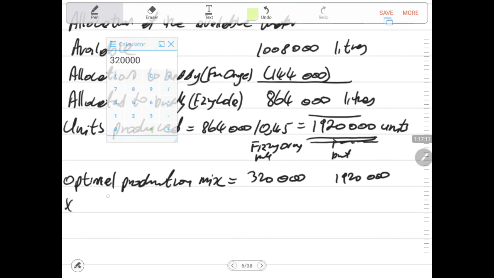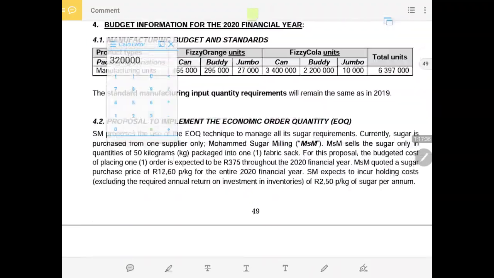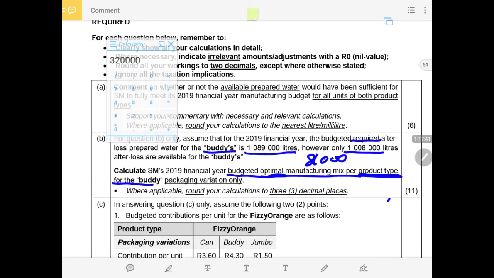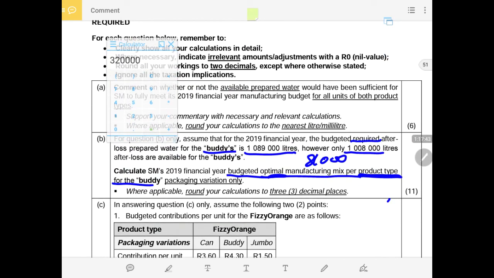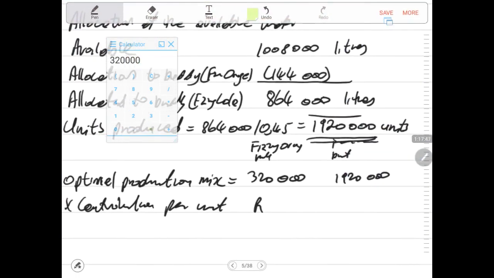Then we multiply this by contribution per unit. Now we were not required to calculate the contribution. In this case, it was just optimum product mix. Let me just verify that. I think the contribution was required under the break-even point. Yes, there was no contribution here, but if there was a contribution, you get the optimum product mix, you multiply